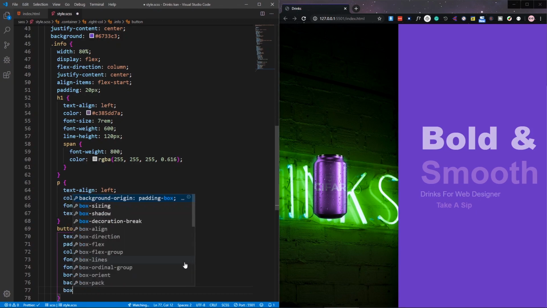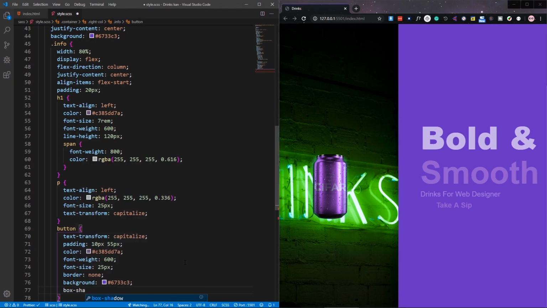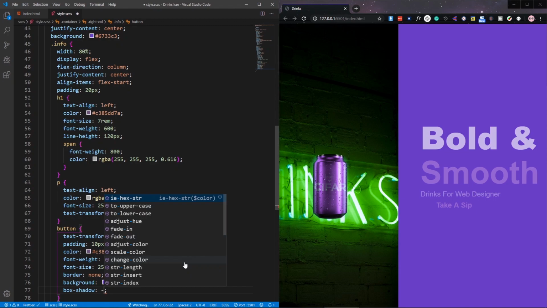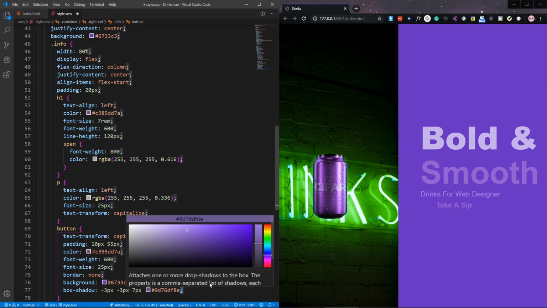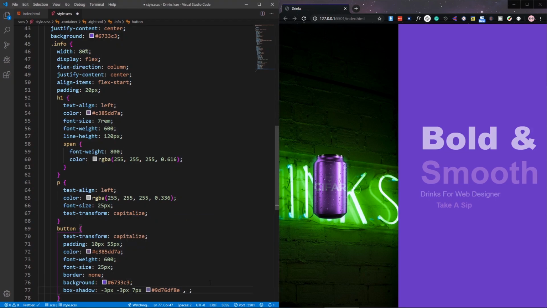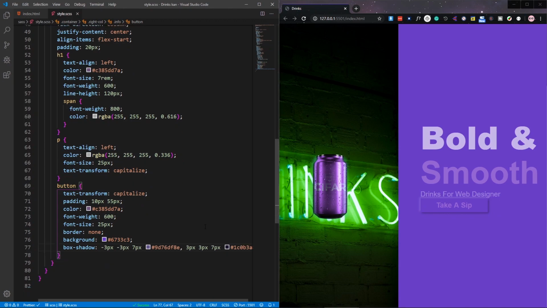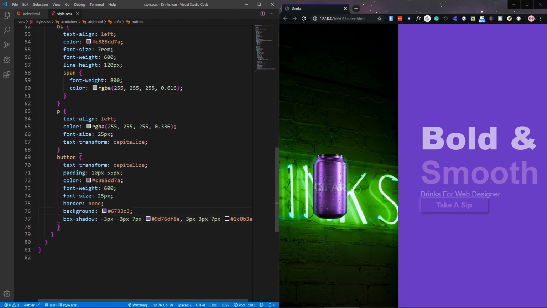So what I can say is box shadow. Box shadow will be -3 pixel and 7 pixel, and there will be a color. Let's get the color, and we need to set another box shadow. Let's copy those, and here we need to just add a comma and set this box shadow. So if I save, now you can see that our neumorphism effect is here, but we need some margin in